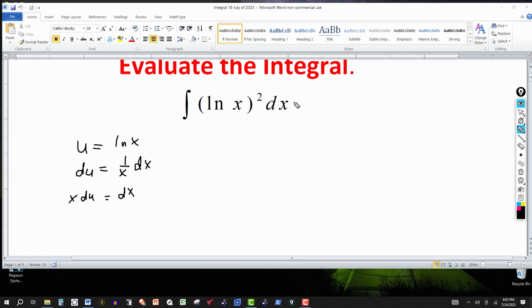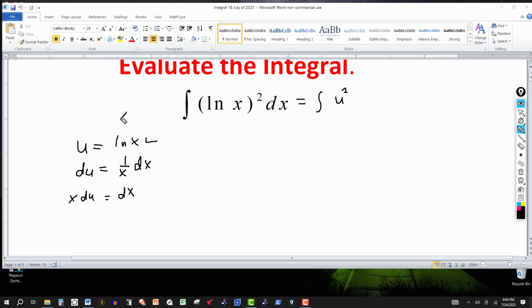So what I'm going to do here is this. This will be the integral. Ln of x will be u. This will be u squared. And the dx, I'm going to replace it by x du. But remember, I have to have it in terms of u. So from here,